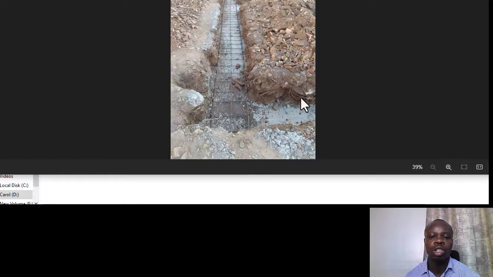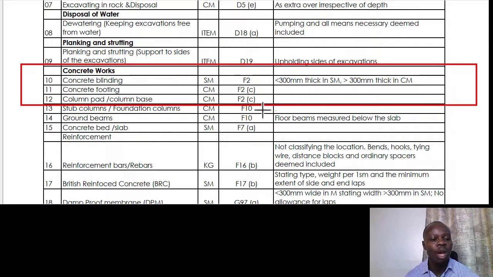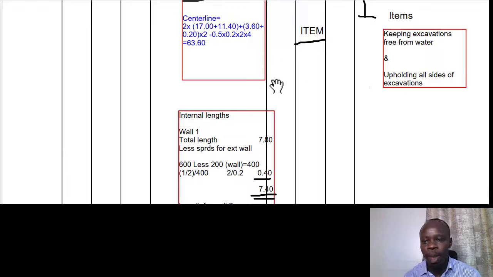It's important that you note it's measured in square meters. We've just seen that as well. So once you have that, we'd like to see how you go about it. How do you arrive at the square meters of that particular concrete blinding? So straight into our taking off dimension paper, you'll notice that you have the lengths from the plan, and once you have the length, it's easier to go straight to getting the area, because for the width you